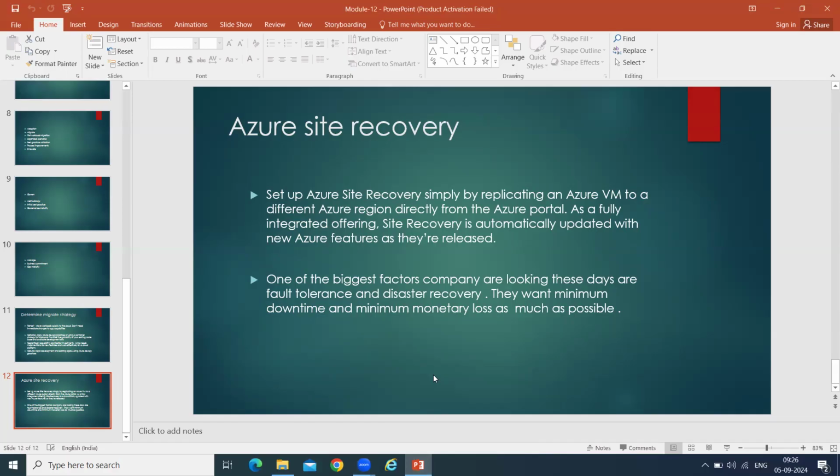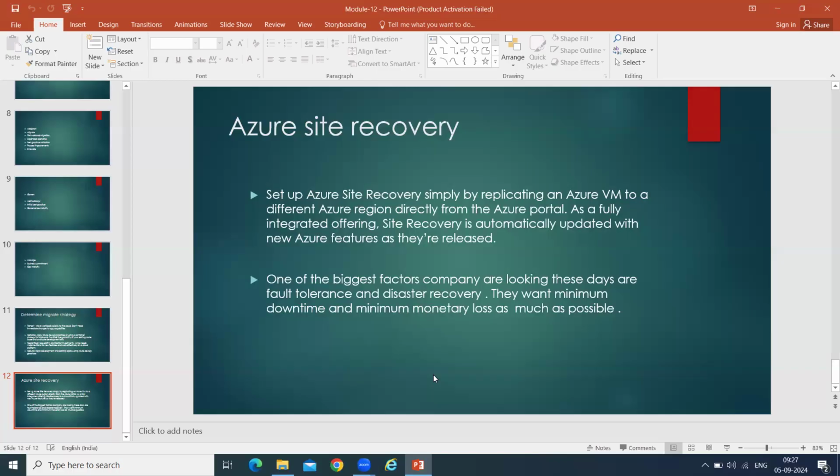So these days, companies are very concerned because anything can happen in any part of the world. Sometimes a natural disaster can happen, a man-made disaster can happen. So what about the data? Everything of the company relies on the data. If that is lost, they will lose billions of dollars. So they are investing heavily in the disaster recovery and fault tolerance of the applications they are moving to the cloud. They want minimum downtime and minimum monetary loss.